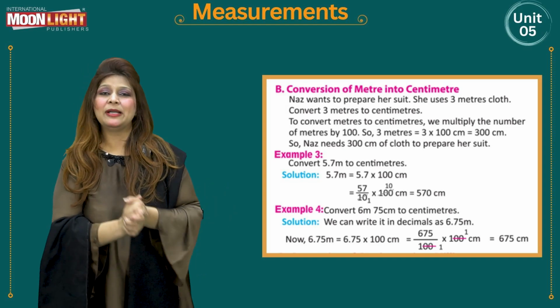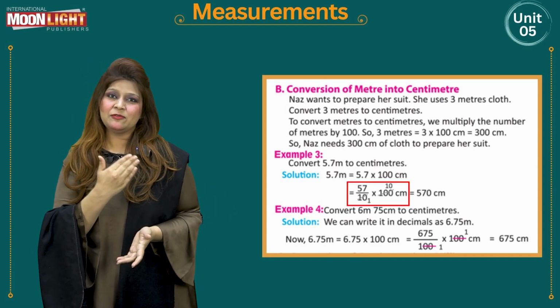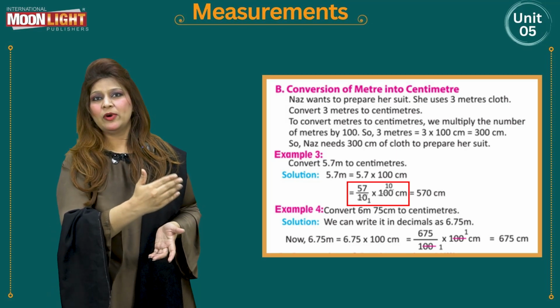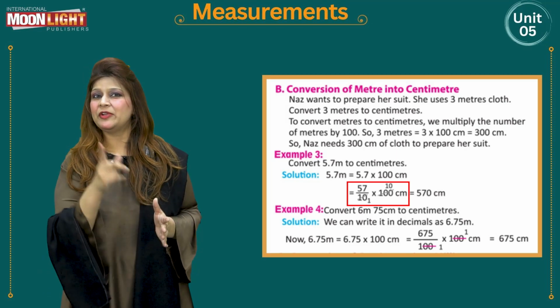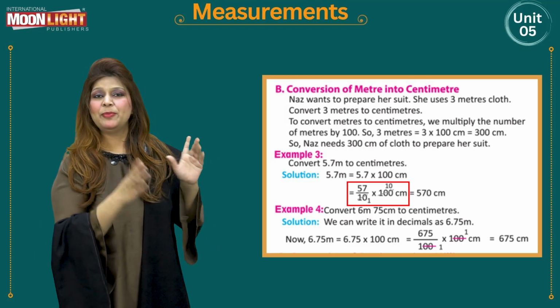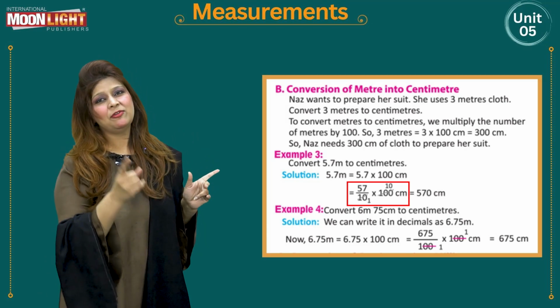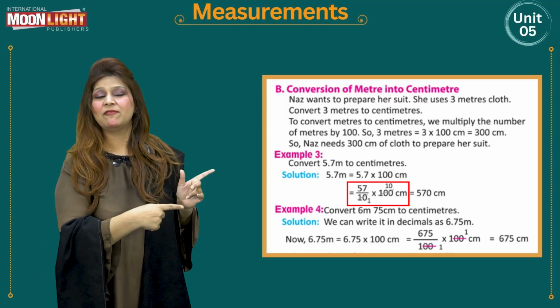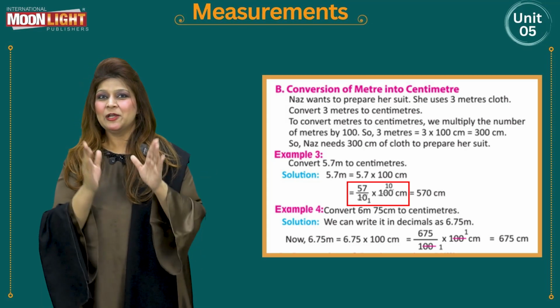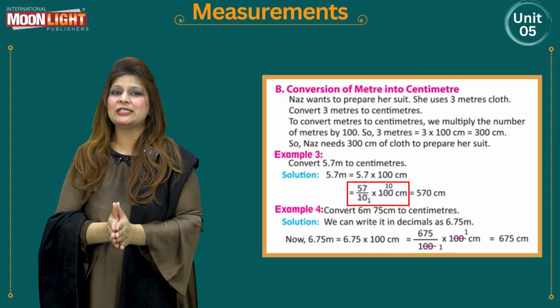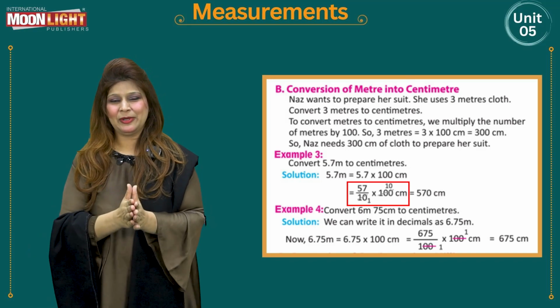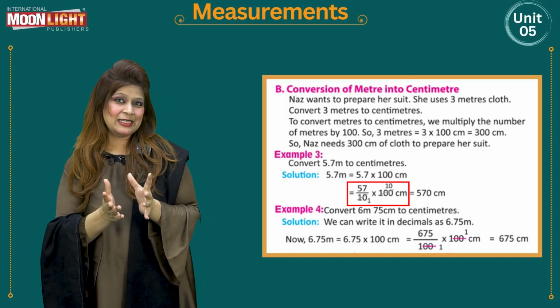You already know that, but I'm here to tell you that that is 57 over 100 because we have one decimal place. Because we have one decimal place, after the decimal point we have one digit. So that is why we have 10 in the denominator. Now, considering this and doing cancellation, as I told you earlier,